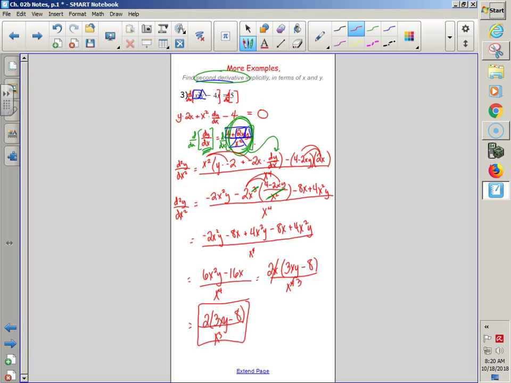Two x times 3xy minus 8 all over x cubed, yeah. It's an x cubed after the x reduces? Uh-huh. You know what's super nice about the directions? They say in terms of x and y, so we don't even have to feel the pressure of trying to substitute. But can I show you guys really quickly, even though it doesn't apply in this problem, one last thing